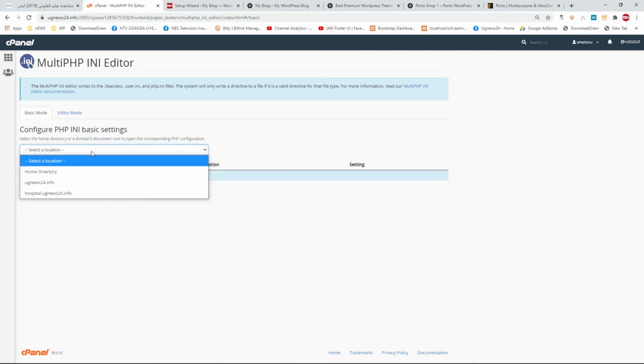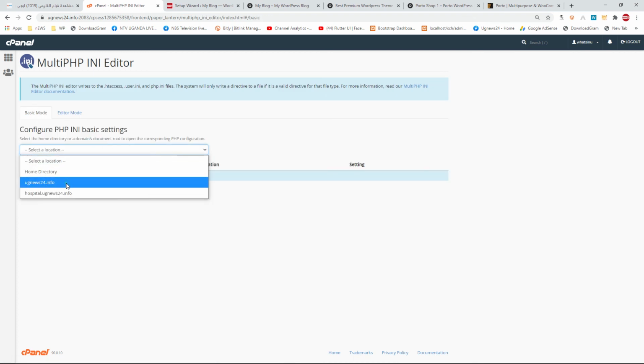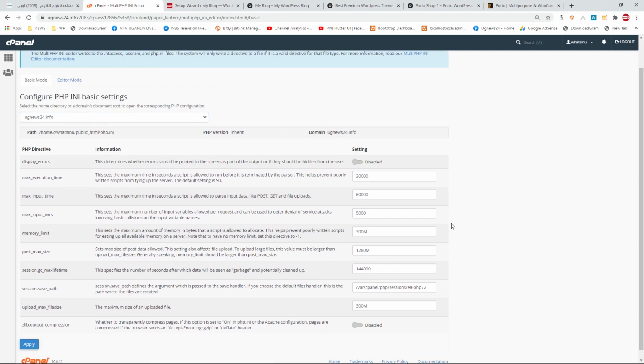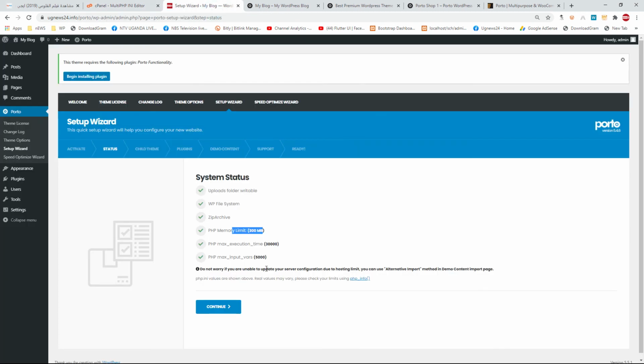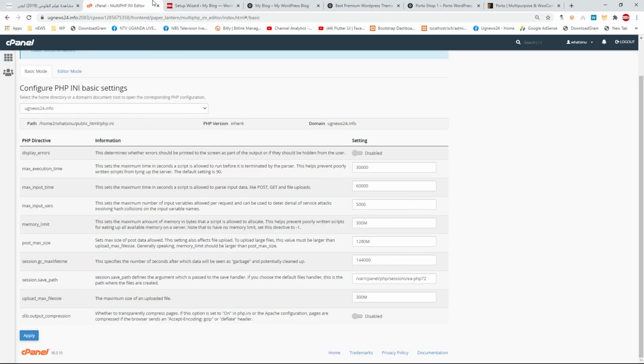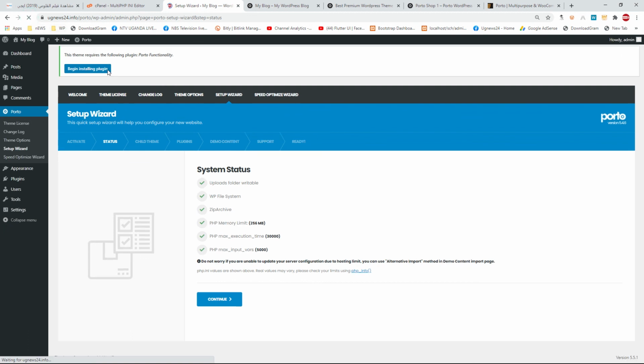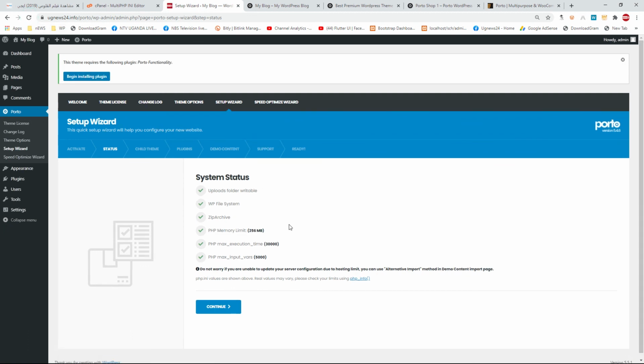Editor, then select your homepage, your domain, and if it's a different subdomain, you have to select those subdomains. So you see here, if for example our memory limit is less than 300, it will warn. For example, let me put the memory limit. You see here, memory limit, it's 300 there. So let me change it maybe to 100, or maybe let me make it 50, and then I save, I apply. So if I come and refresh here, I hope, okay,